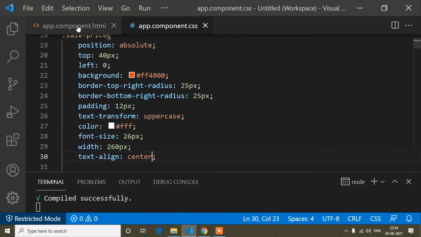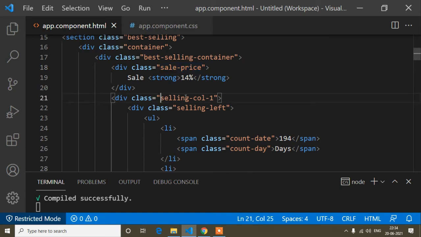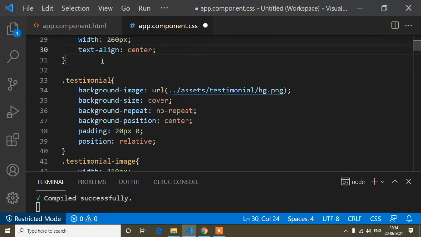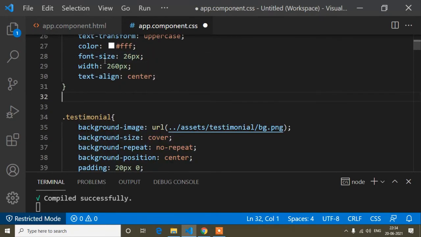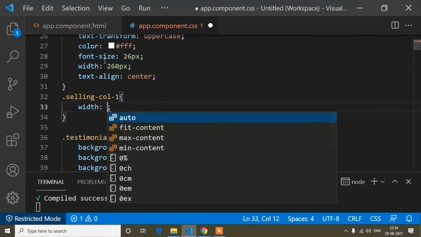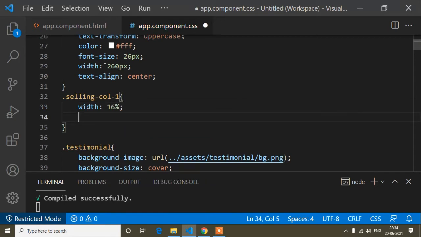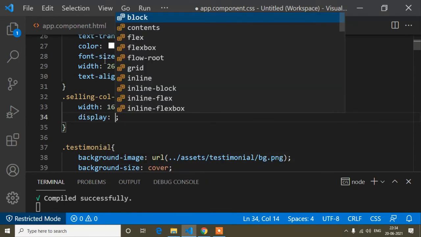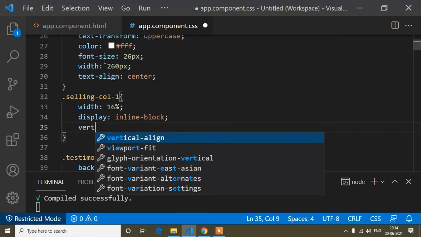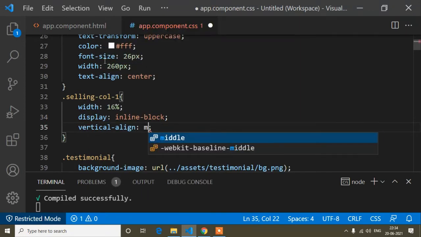So here I will go to HTML and I will copy this one, first column, and just here I will paste, and I will write the CSS for making it column. So width is 16% and display is inline block and vertical align middle.